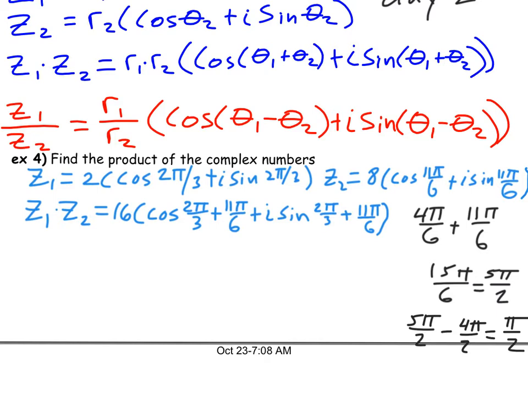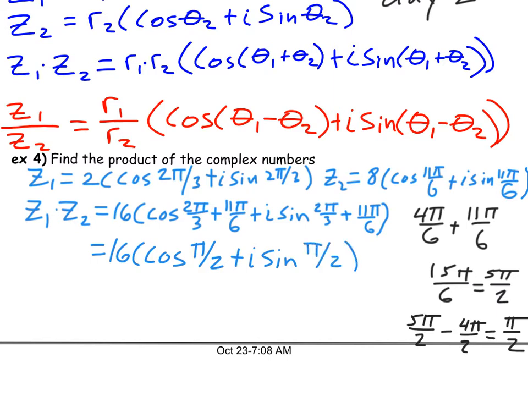I gave you two angles here in radians that were not that nice to work with and gave you an answer that wasn't that nice. Most of the problems you'll have in your homework, there's not that much going on to get the angle. And again, you'll see that in the next example. All right, so we have 16 cosine of pi over 2 plus i sine